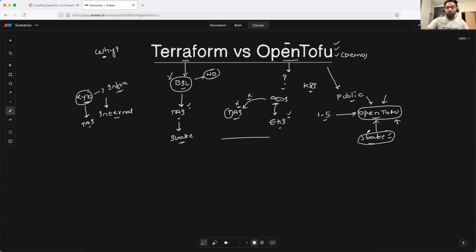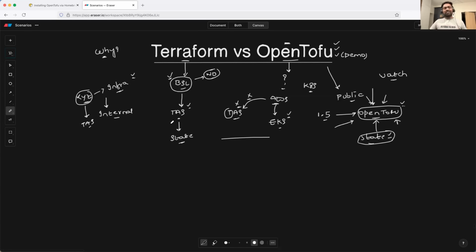Tofu is doing great. It's an open source project. However, it was created not that long ago, so probably you can wait and watch how this project is emerging. Right now, they're adding great features like state encryption, which is a very good feature. Let's see if they're going to add many such features. It is also important to see the open source contributors. If there are more contributors in the long run, then there is definitely a chance OpenTofu will take over Terraform. But for now, you can stick to Terraform.